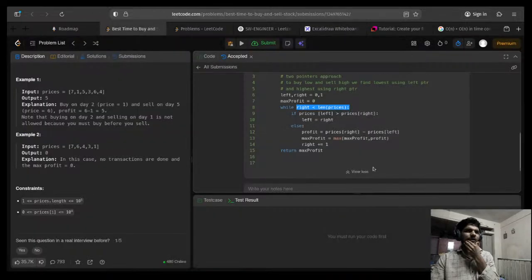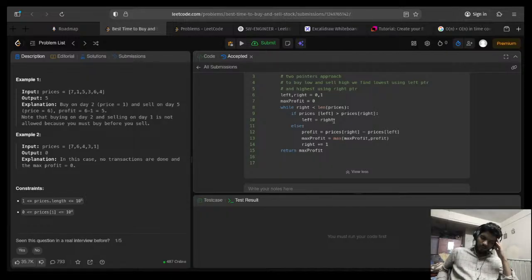This is not at all intuitive though. How do you know that? If the buying price is higher, you're always in a loss. So you want to minimize the buying price, and that's why you directly jump if you find something smaller. But then why are we not doing